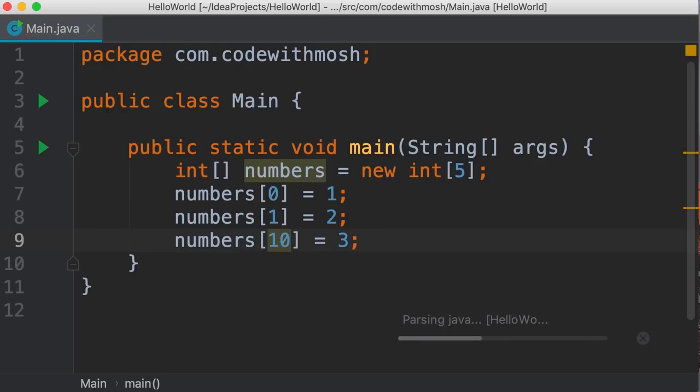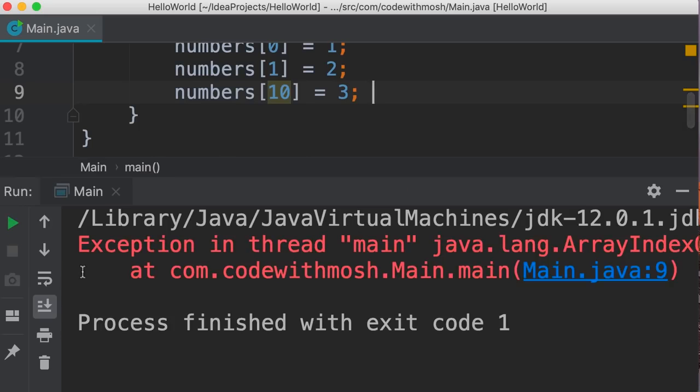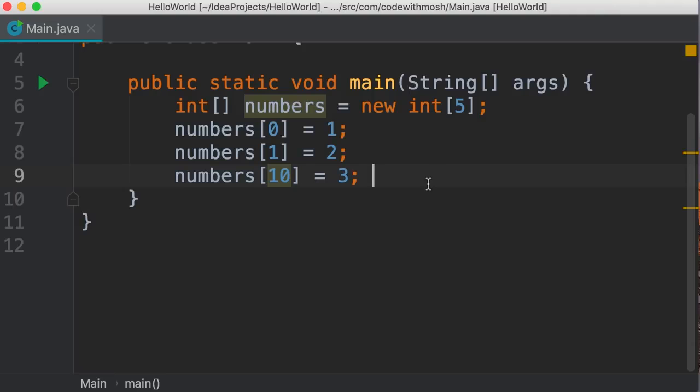When we run this program, we get an exception. Exceptions are Java's way to report errors. So in this case, an exception was raised and our program crashed. We'll talk about exceptions in detail later in the course. So now let's remove the last line and print this array. So SOUT tab numbers. Let's see what we get.